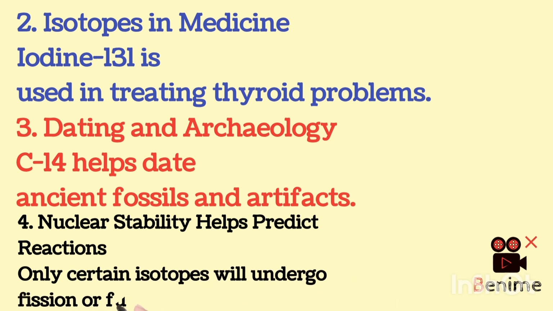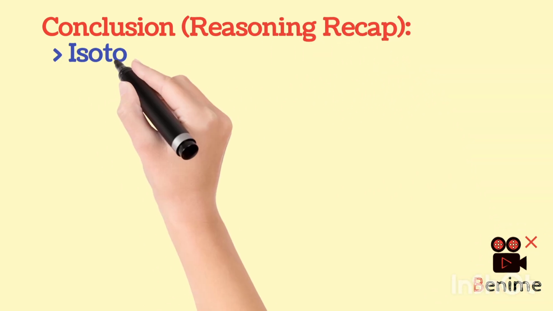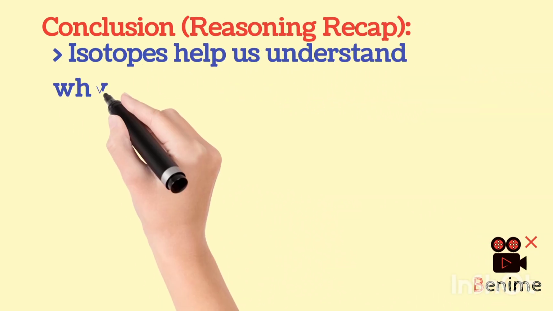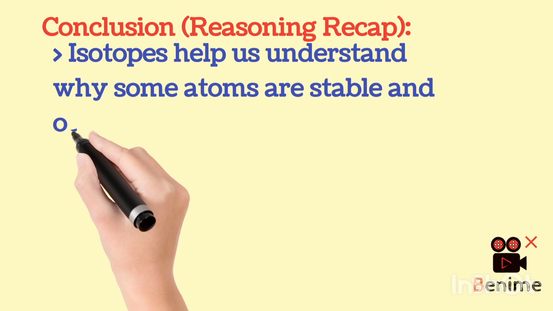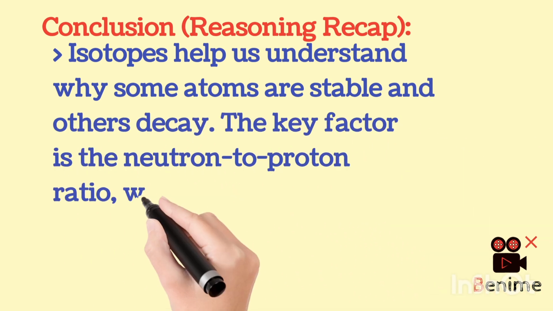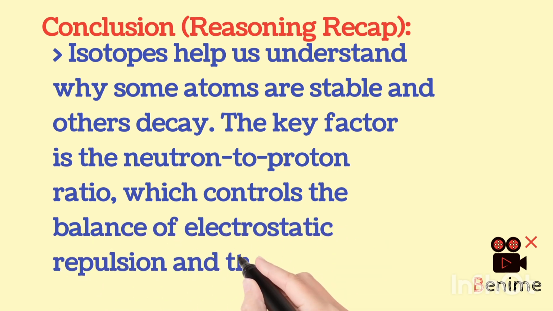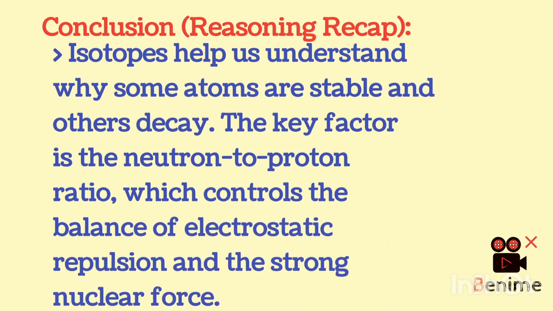Now with all this explanation and reasoning, we recap in the end to conclude with a reasoning statement. In short, isotopes help us to understand why some atoms are stable and some are unstable. The key factor is the neutron to proton ratio within the nucleus of an atom, which keeps the balance between the proton repulsive force